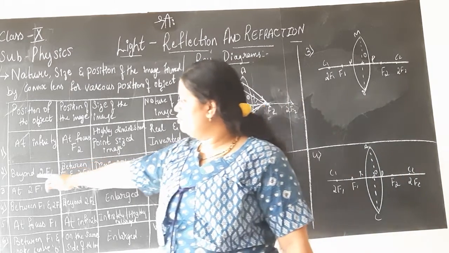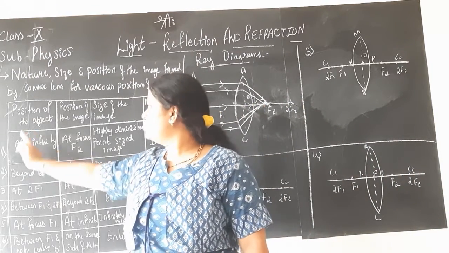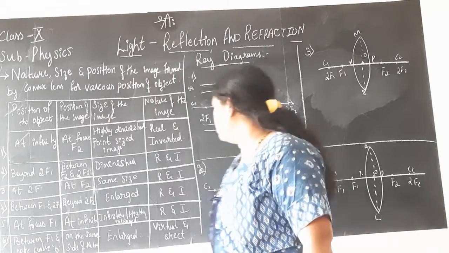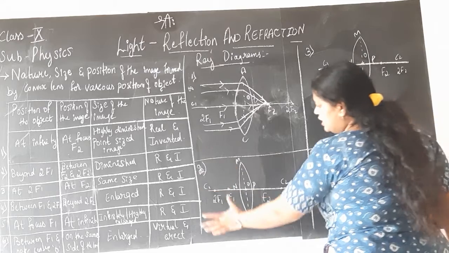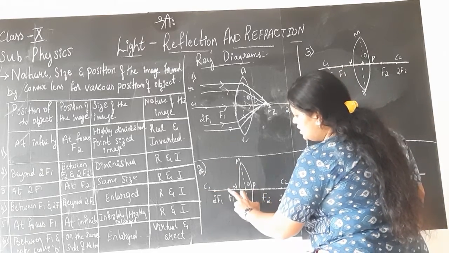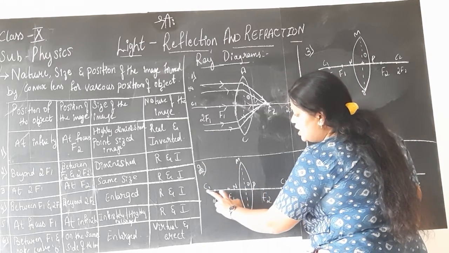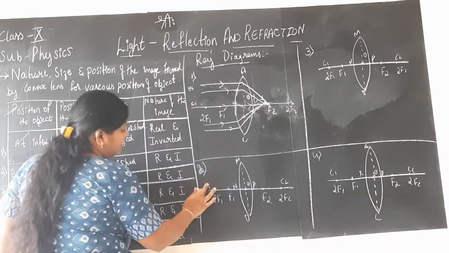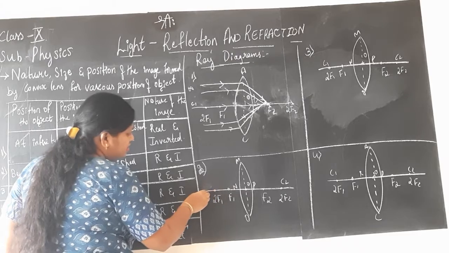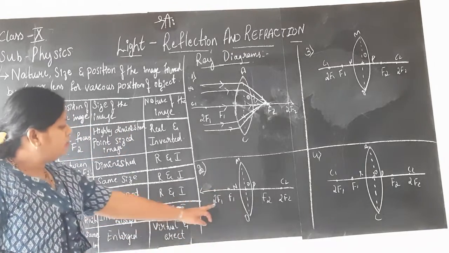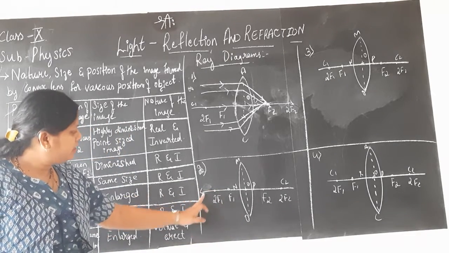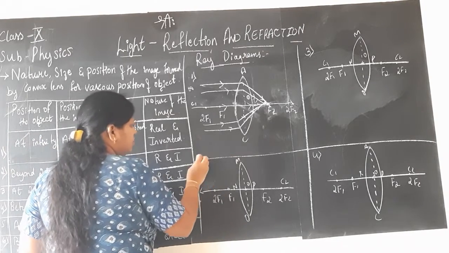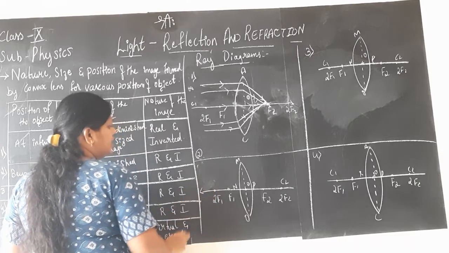Second case, now we will only look at the position of the object. What is the position of the object for the second one? It is beyond 2F1. Now this is the skeleton, I have kept it ready. Optic center is, F1 is, 2F1 is. Beyond 2F1 we should place the object. For the time being I will erase this C1, children. Here is 2F1, beyond 2F1, the object is on this side. I will erase this second also. This is the second ray diagram.